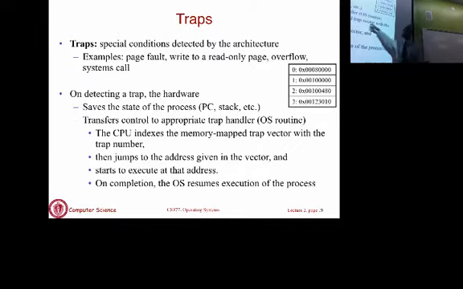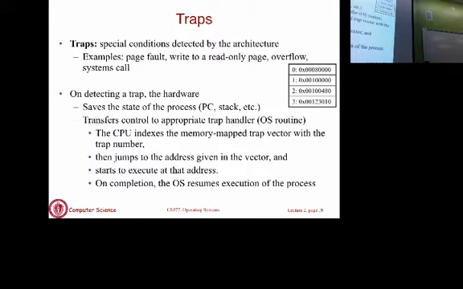Okay? And the way you figure out which part of the kernel will execute that system call is you have a table. That table that's shown there, where your interrupts or traps are numbered 0 through n. For each interrupt or trap, you store a memory address. That is the starting address of the function that will handle that trap. Okay? That's the trap handler.